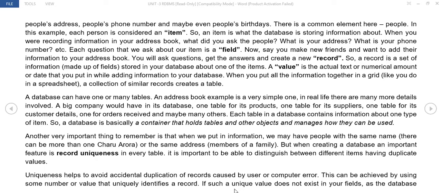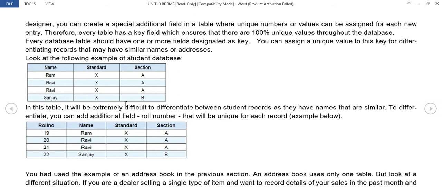If such a unique value does not exist in your fields, database designers can create a special additional field in the table where unique numbers or values can be assigned for each new entry.